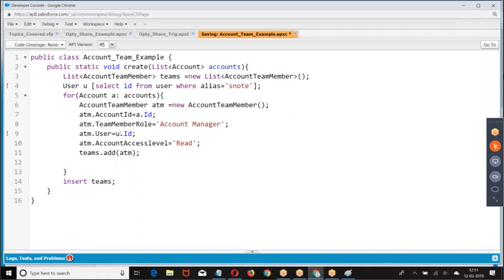User ID, u dot ID, user ID. So look at the point. If I want to create an account team member, on which record do we want to create a team member, what is the role you want to create, whom you want to create, what is the access you want to give.